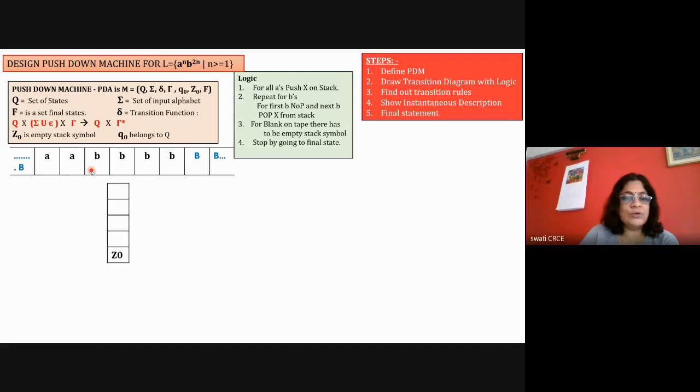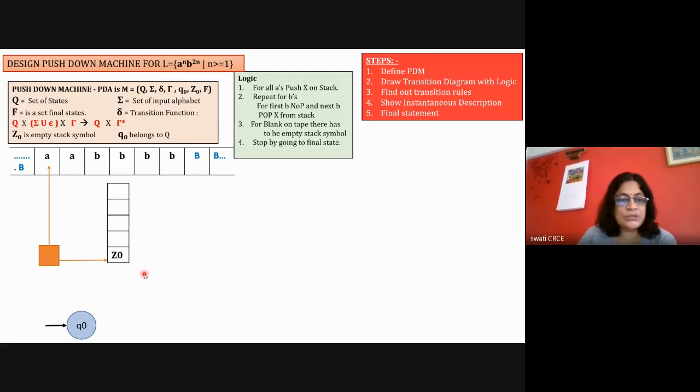My initial condition is Q0 as the initial state of the machine, and the read head is reading this first A, and at the same time Z0 from the stack. Okay, so the initial state is Q0. As I am going to solve this problem on this input tape, you have to assume that you are the machine and you are going to solve this problem. And at the time of solving the problem, simultaneously you have to go on drawing the transition diagram. So first, these are the initial conditions: the state Q0, reading a small a from the input tape and Z0 from the stack.